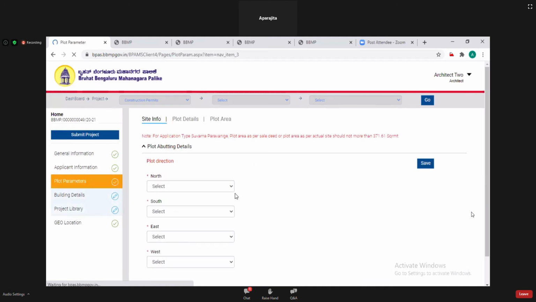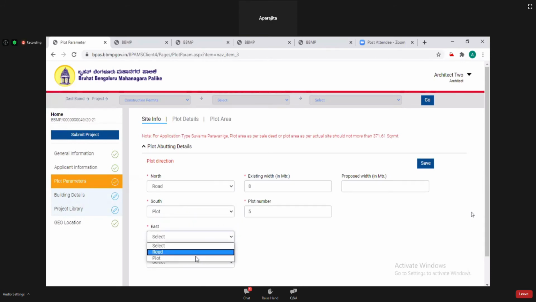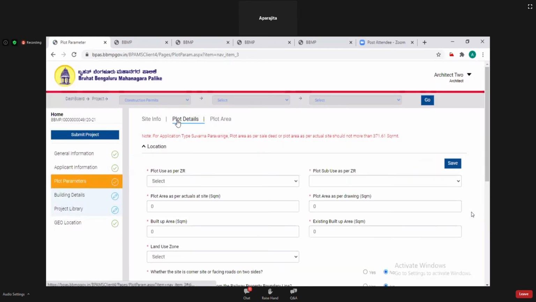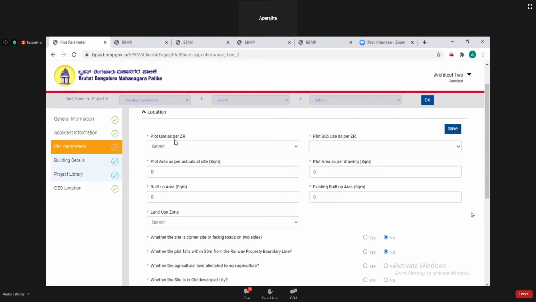Then plot parameters. Then fill in the plot details. Under the plot details, you have to fill in relevant fields like plot use and sub use.